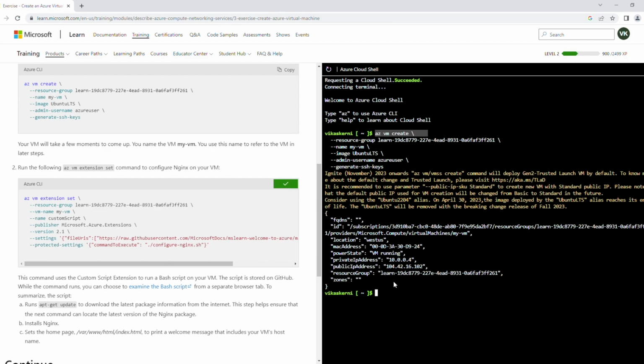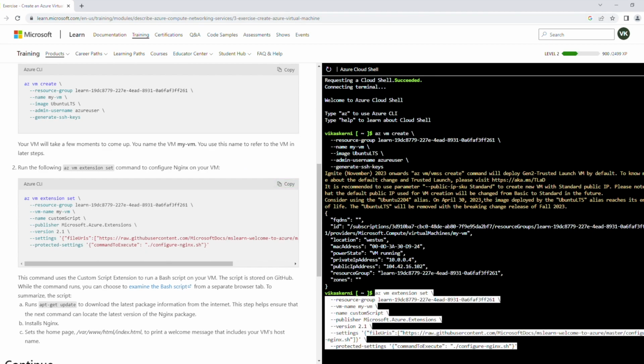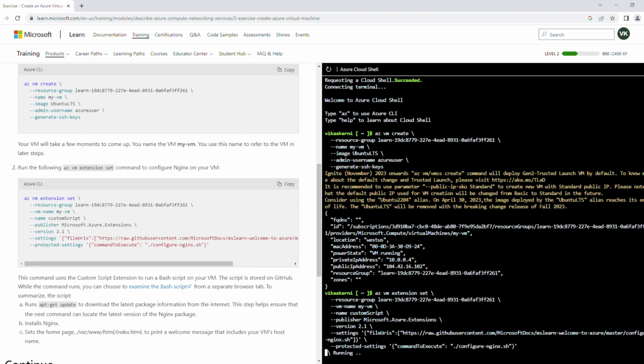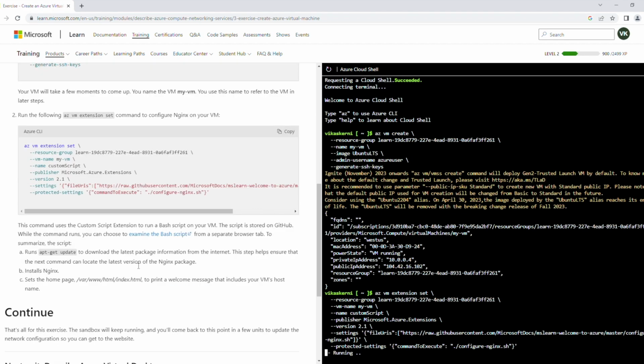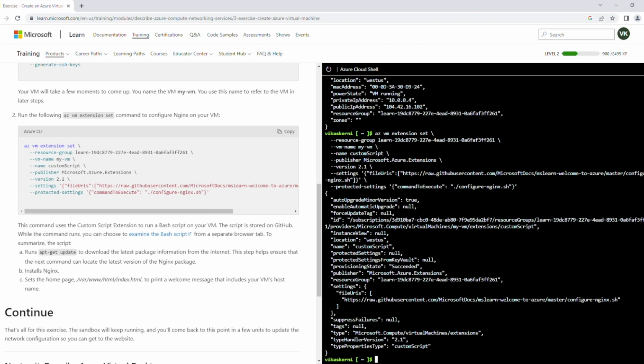Now I'm configuring nginx on this virtual machine. I can use a custom extension script to run the bash command on my sandbox. I am configuring nginx and